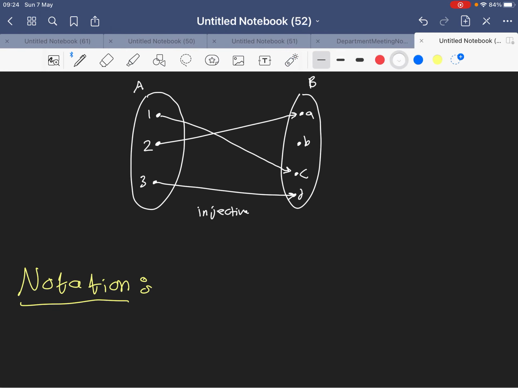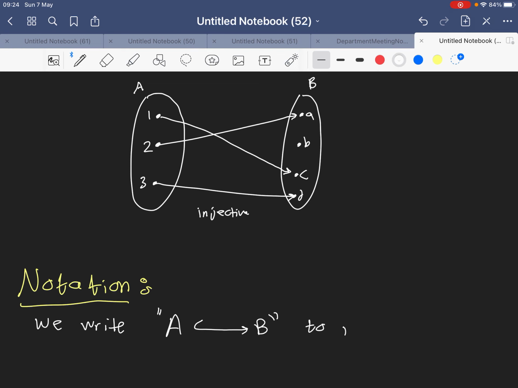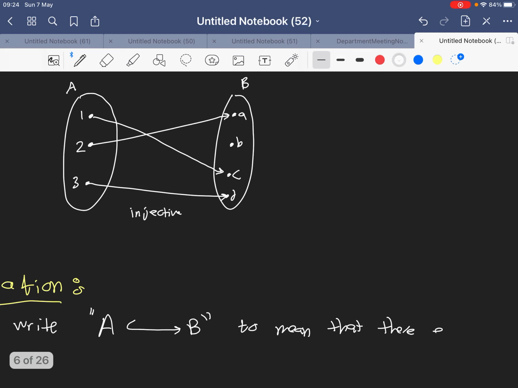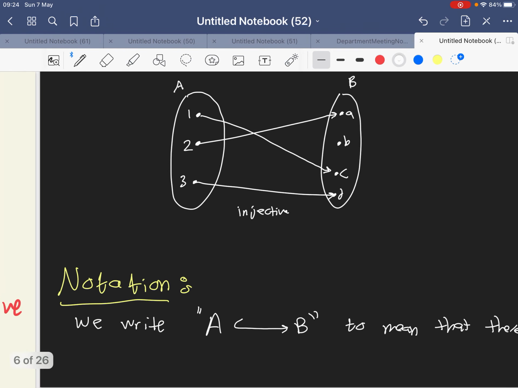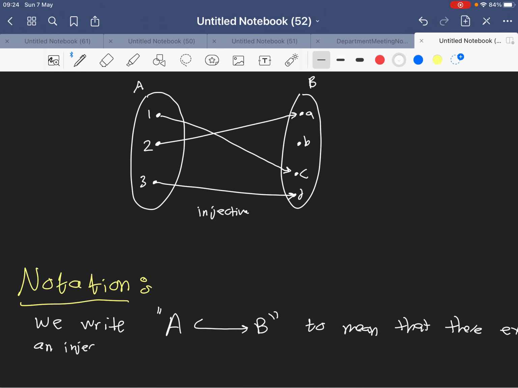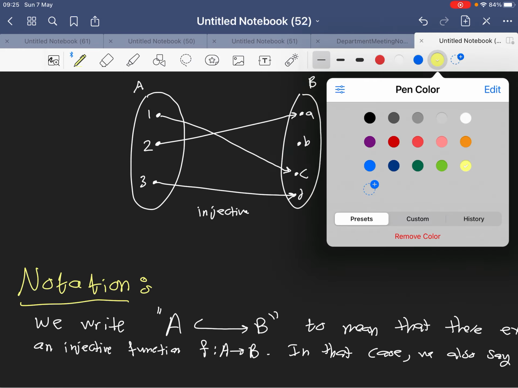Now, we have a quick notation here. We write A, and then we write this arrow to mean that there exists an injective function f from A to B. In that case, we also say, and sometimes you will see this one in many books, and we will use it later on,